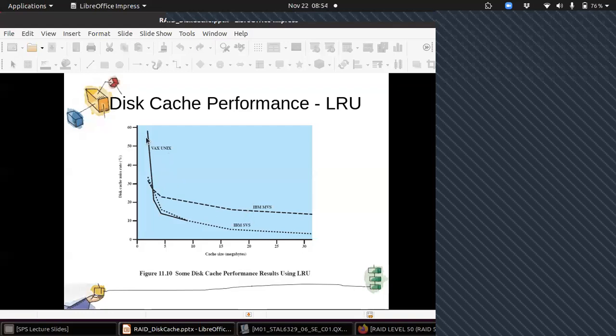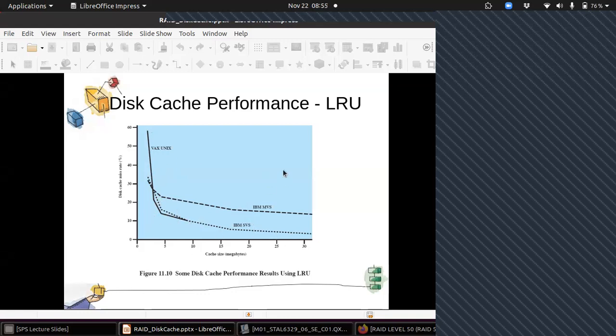Okay, but this is the optimal point, the knee point, because if we provide more cache, definitely the miss rate will be reduced, but we don't want to provide very high cache, right? The size of the cache is normally limited, so we don't want this, we want something here.